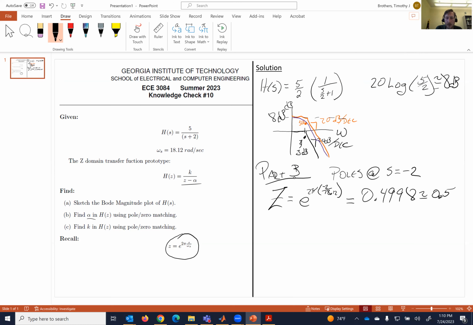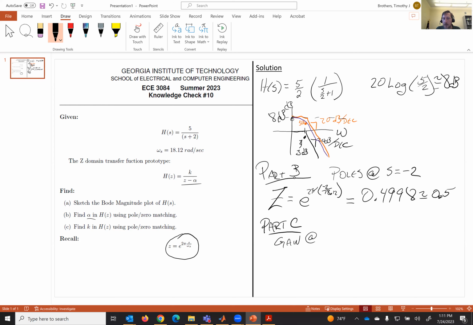Now we're going to find part C. For part C, we're going to look at the constant value. Now this we want to find in the passband gain sector. Because we're at a low pass filter, we can find it at DC. If this was a high pass filter, you'd want to find it at the high pass gain value. So you need to look at your Bode plot and correlate where the gain is at with the given frequency in which you want the gain to occur. So for part C, we're going to say the gain